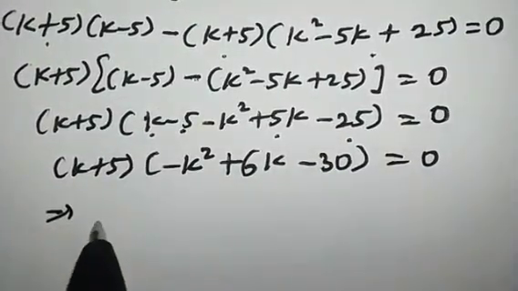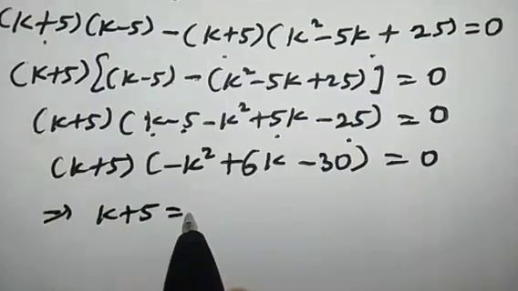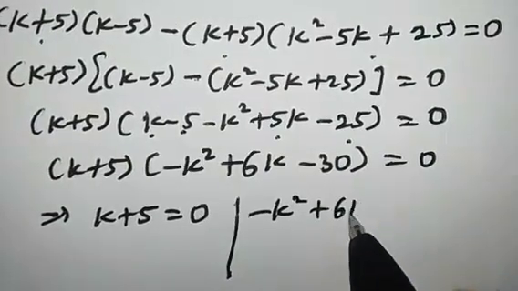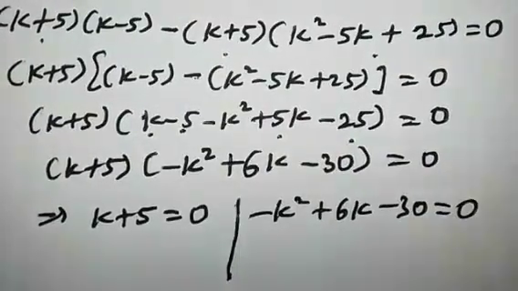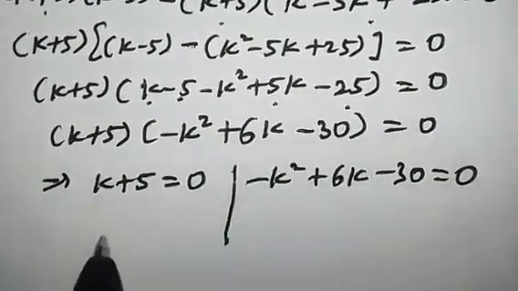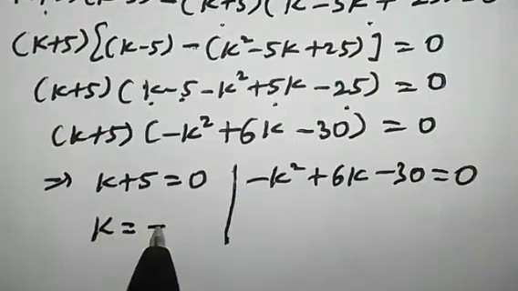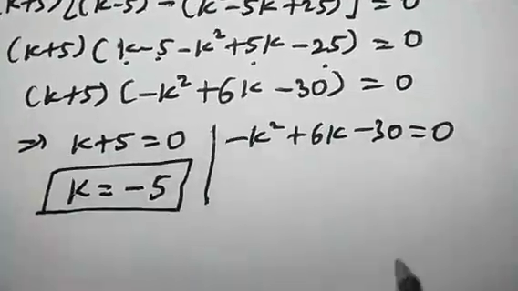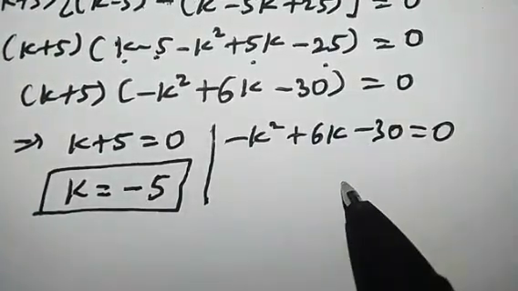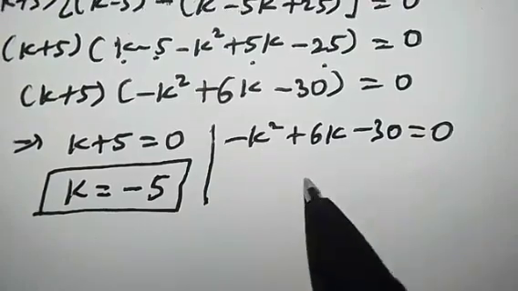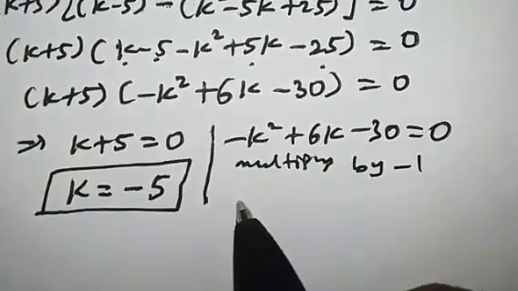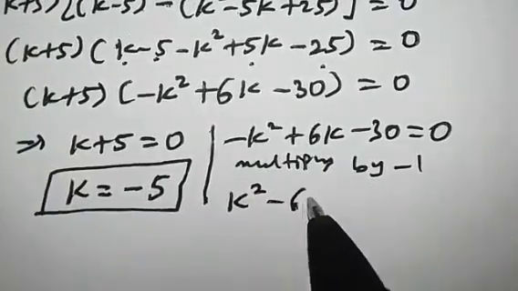This means that k plus 5 is equal to 0, or minus k square plus 6k minus 30 is equal to 0. From this line, it is obvious k is equal to minus 5. This is the first solution. Now, let us solve this quadratic equation. First, we need to multiply both sides by minus 1. Multiply by negative 1. So we have k square minus 6k